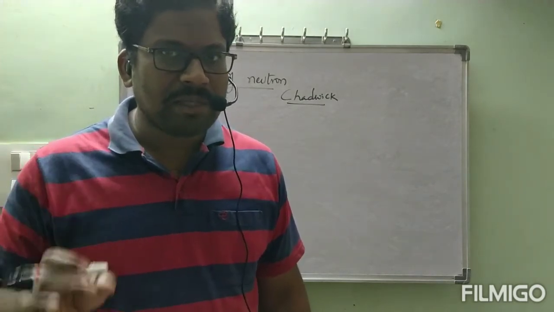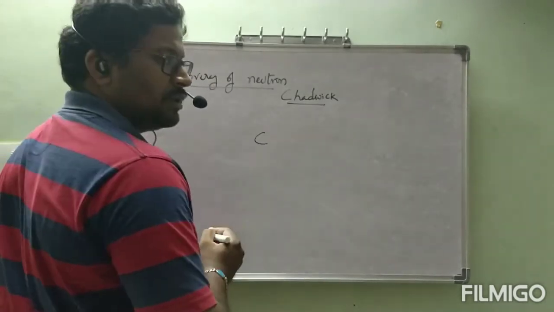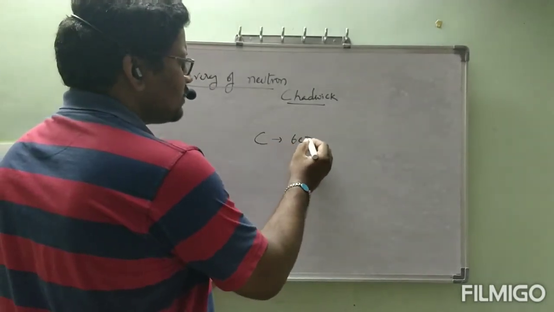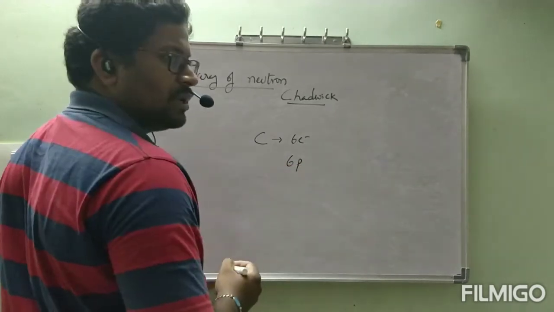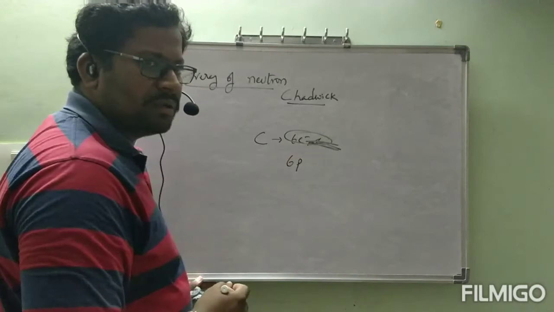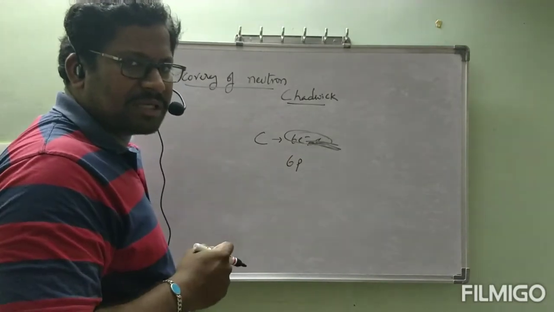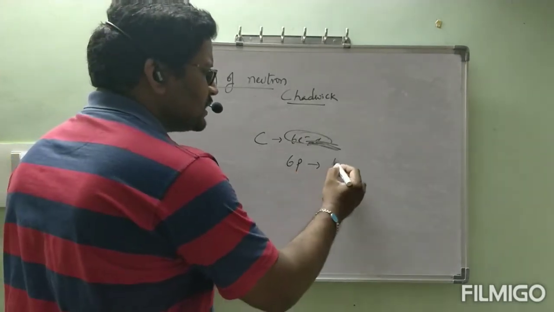But the problem is, let us consider carbon. Carbon contains 6 electrons and 6 protons. The mass of electrons must be neglected. No need to consider it because it is very small and will not give a considerable mass. Correct or not? Then the mass of 6 protons is 6 AMU.